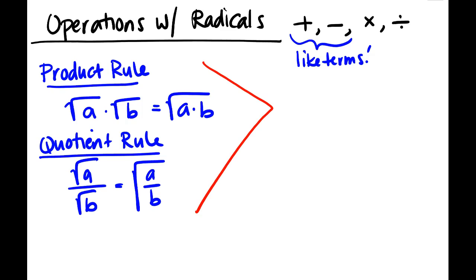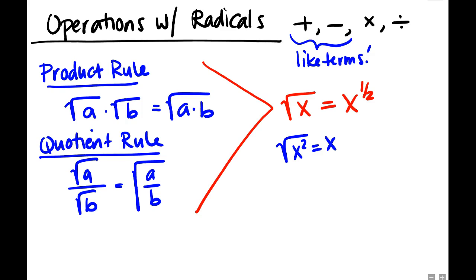Turns out a radical is actually an exponent. So the square root of x, we can rewrite as x to the 1/2 power. Which makes sense because remember, the reason we have radicals in the first place, or square roots, is to undo squares. So if the square root of x squared is equal to x,